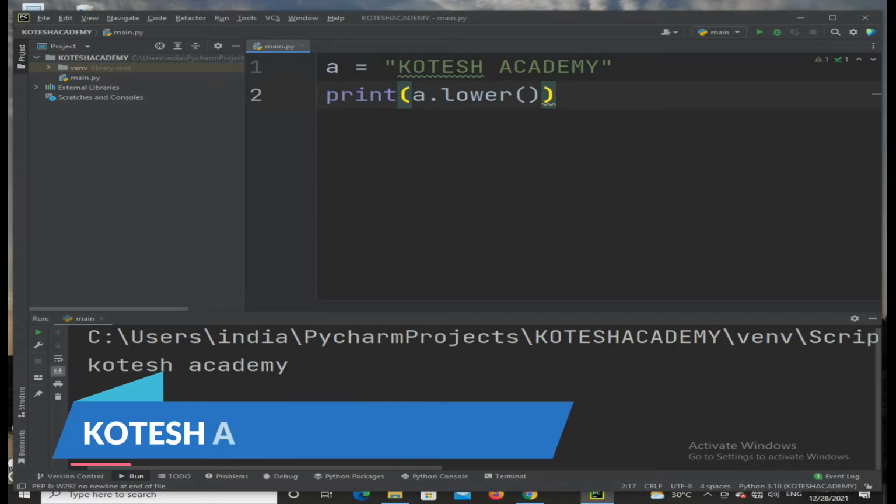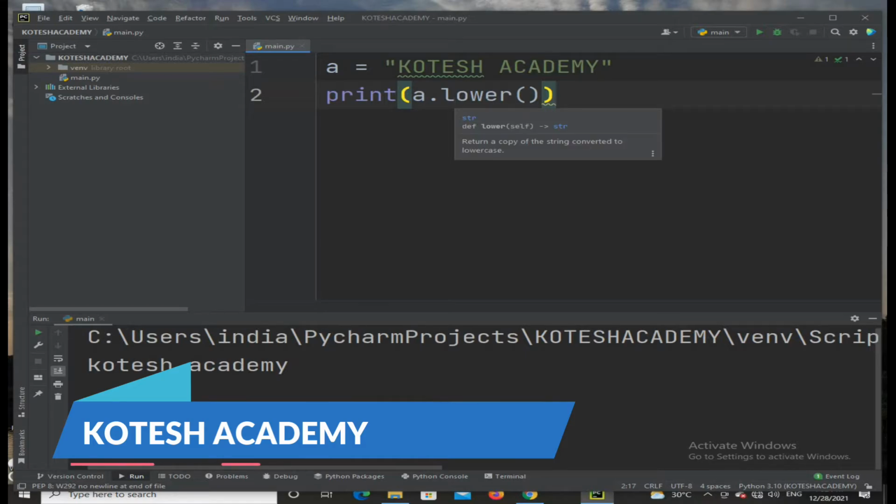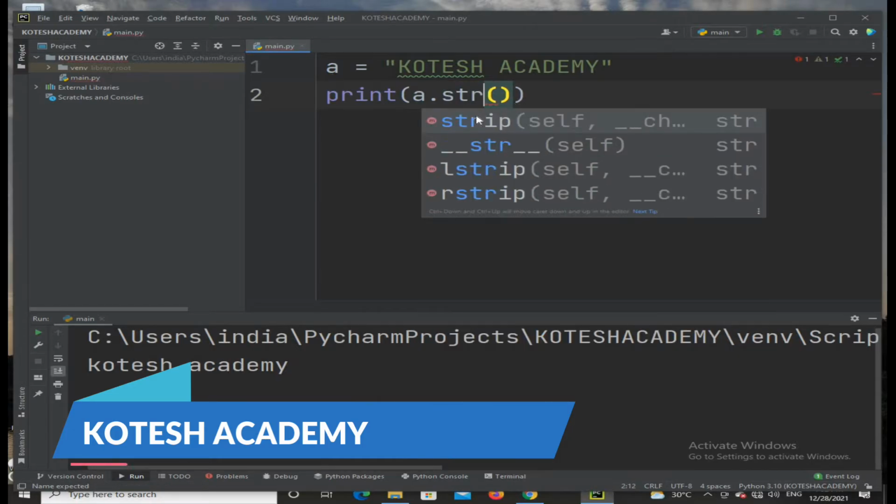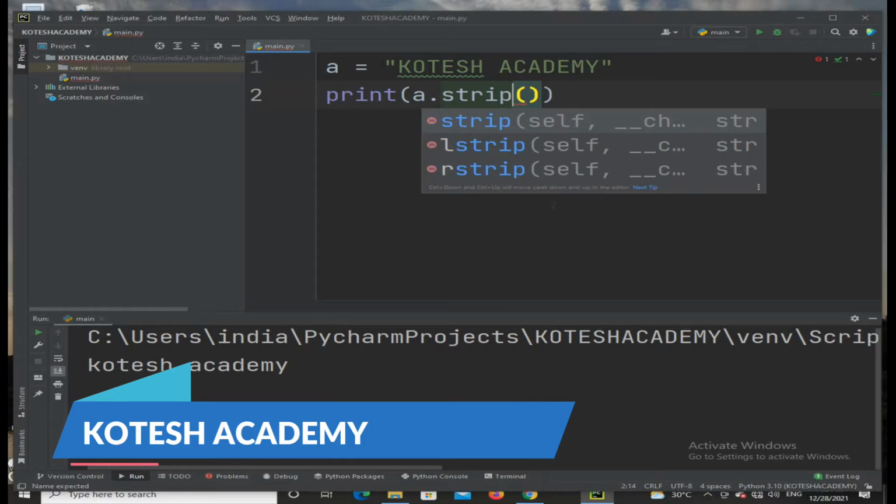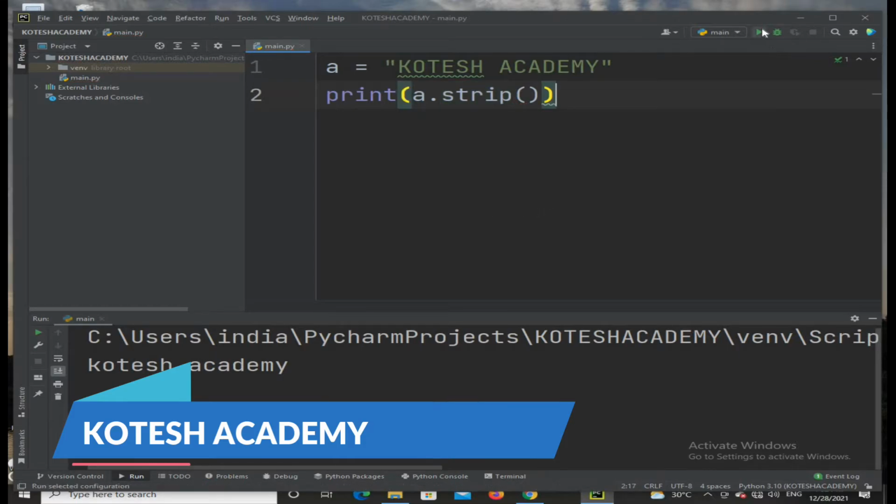Next, sometimes you have to remove the space. Here, in between Kotesh and Academy, there is a space. Now I would like to remove the space. That's why we are using strip. So strip removes any white space. Simply we are considering this, then run the process.